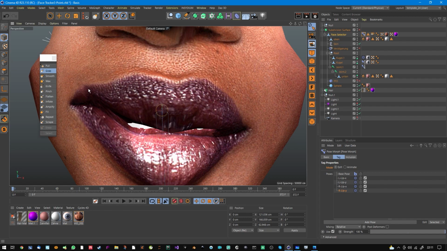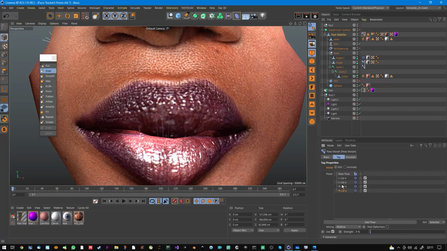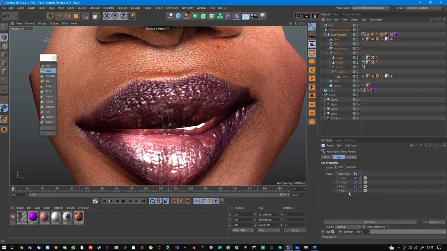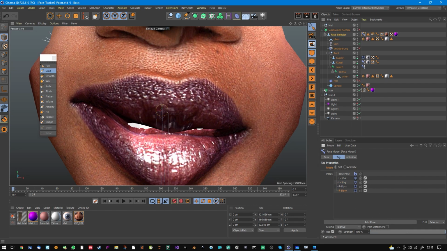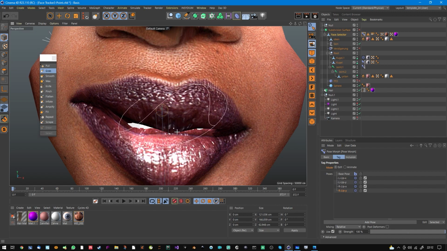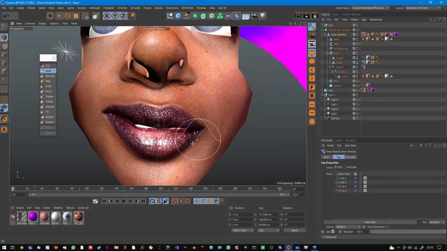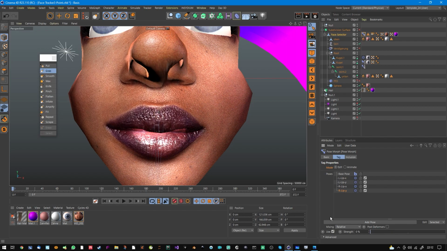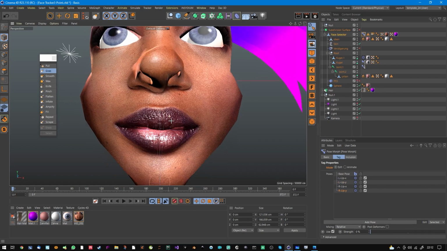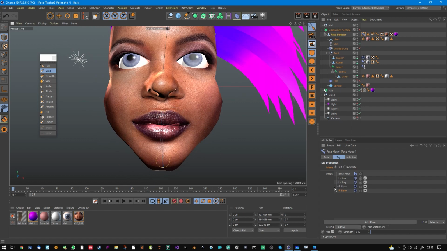That's much better. And the left lip too, if we do both. It's a little bit too much here. Okay, I'm pretty happy with that. It's not as pretty as the other one, but it's okay. And now we also need a pose for the jaw, but the jaw is steered